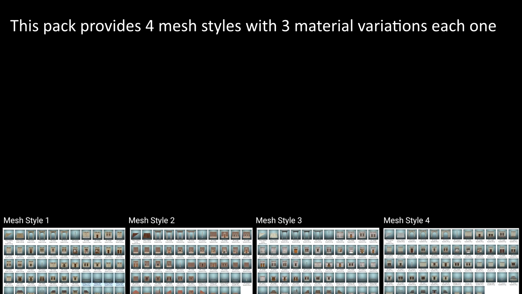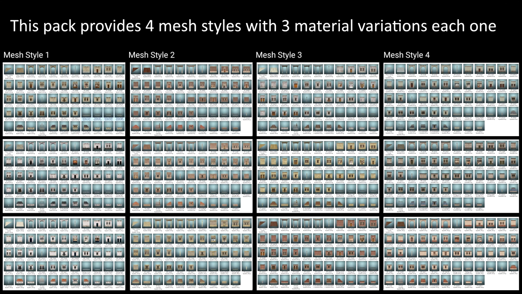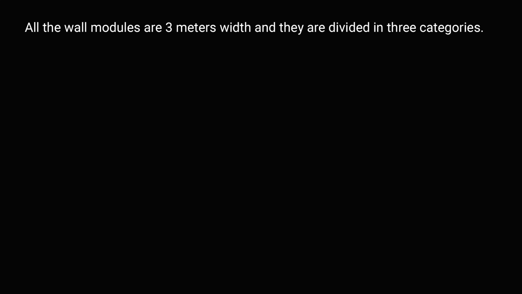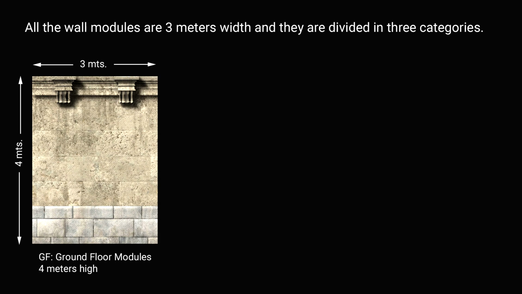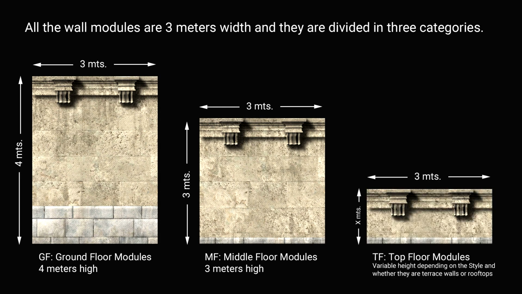This pack provides a huge number of modules for construction, divided in 4 mesh styles with 3 material variations each one. All the wall modules are 3 meters wide and they are divided in 3 categories. The GF modules that usually make the ground floor are 4 meters high. The MF modules that usually make the middle floors are 3 meters high. And the TF modules that conform the top floor have different heights depending on whether they are terrace walls or